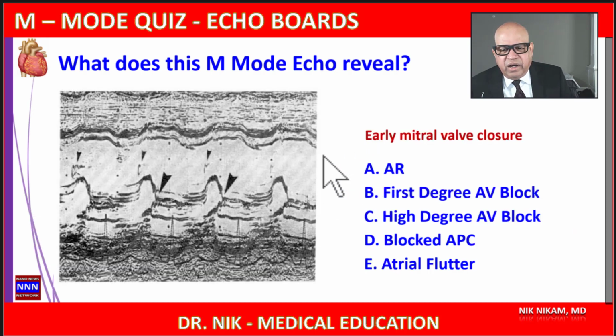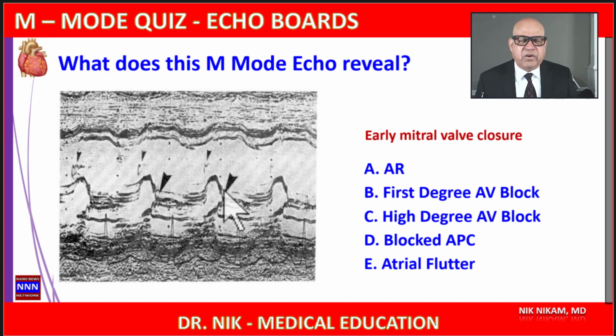Sometimes we see early closure of the mitral valve. Under what conditions do we see early closure of the mitral valve and why? The most common cause of early closure of the mitral valve is aortic regurgitation. Because of the aortic regurgitation, there is blood returning from the aorta into the left ventricular cavity, and as the pressure builds up, the mitral valve may close prematurely. That's what's called early mitral valve closure or premature mitral valve closure,